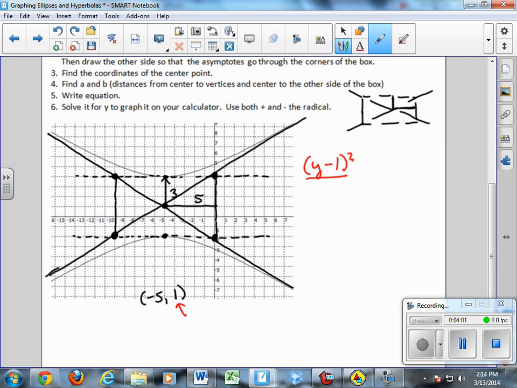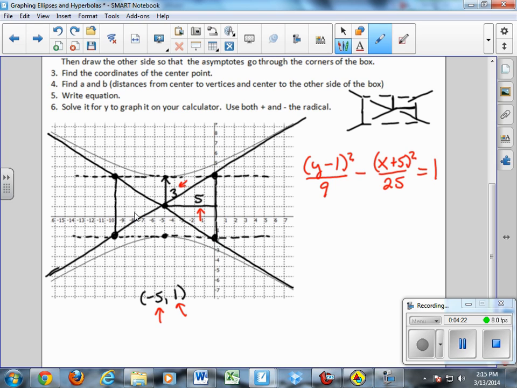Here's my y direction, 3 squared, so this would be 9, minus x, and then here's my x coordinate, plus 5 squared, my x direction, 25 equals 1. And as I said, you're going to have to do some tweaking on this on your project to make this